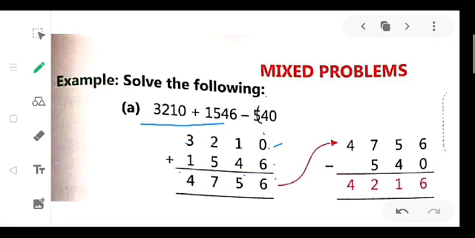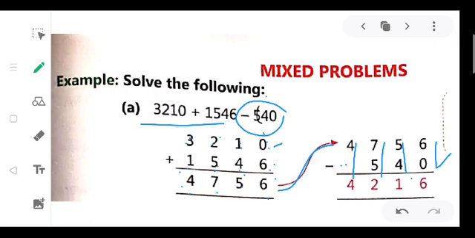Now firstly I will add it. 0 plus 6 is 6, 4 plus 1 is 5, 5 plus 2 is 7, 3 plus 1 is 4. Now this becomes the minuend. We will write it at the top because we have to subtract, and this smaller number we will subtract by writing the digits from the right side, not from the left. If I write from the left, then my difference will become wrong. So now start the subtraction. 6 minus 0 is 6, 5 minus 4 is 1, 7 minus 4 is 2, 4 minus nothing is 4.